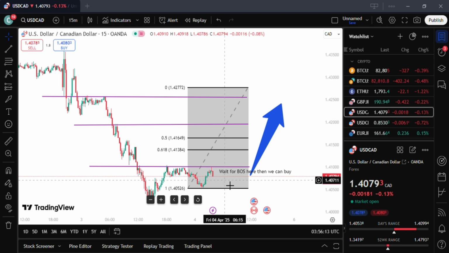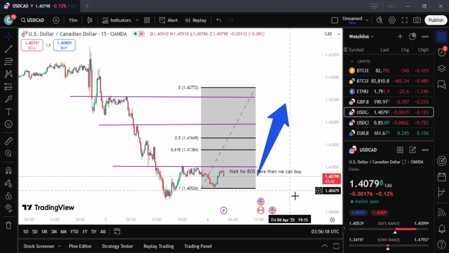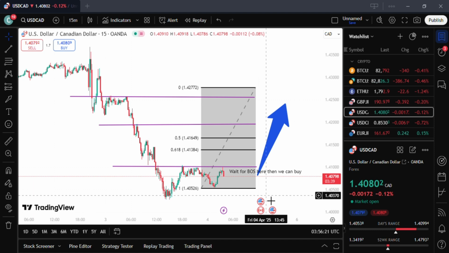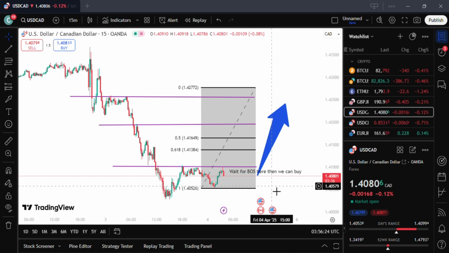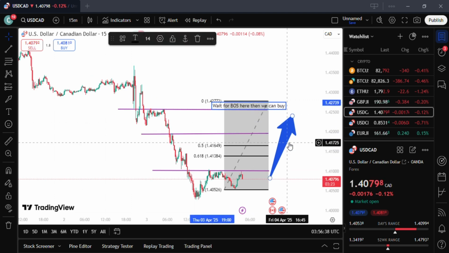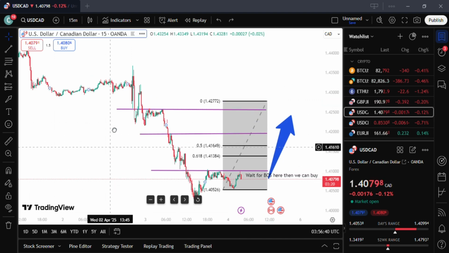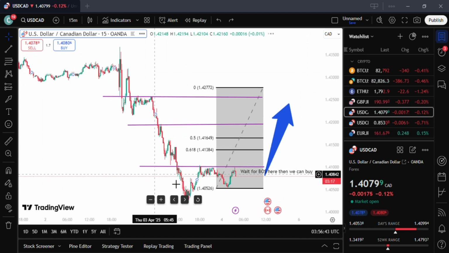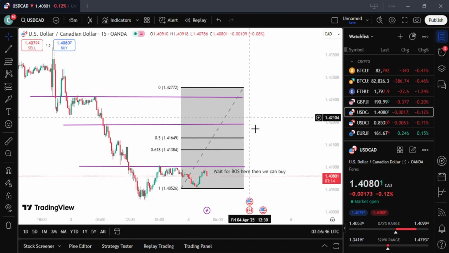I could see price is still going down, and you could wait and buy further down, because we don't know what to expect with the USD CAD right now. We expected more buys for USD, but it's not working. So if this price does not break this resistance, we could see a further down. Let me just show you something here. Let me remove this. So if this price does not break this level, we could see further down